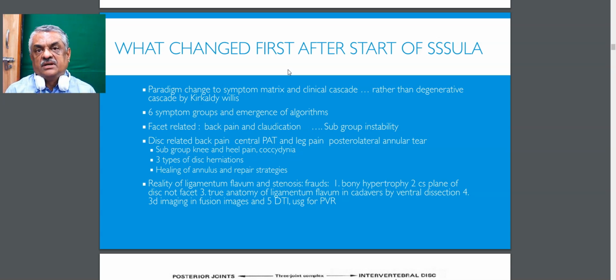Here I must mention that when you have a disc herniation, it can have 3 types. One is what we call a soft herniation, where the nucleus alone herniates, comes into the epidural space, and is sequestrated. The pain is very severe to start with, but can settle on its own in about 2 months' time. If the pain is taken care of, the pathology changes and the fragment is dissolved or eaten away by the macrophages by phagocytosis.